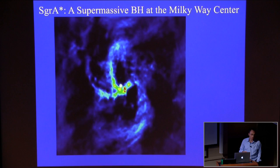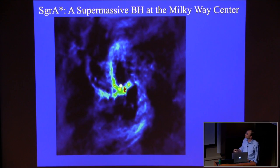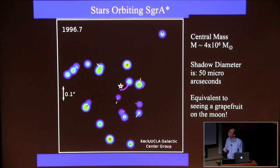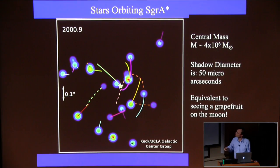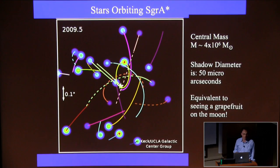The best case for a supermassive black hole, or really a black hole of any mass, is SgrA*, this dot here, in the center of the Milky Way. You see tendrils of ionized streaming gas into the center here. And when you look closer in, with infrared telescopes, you wind up seeing this incredible dance of stars around here. I'm sure everyone has seen this by now, and it's